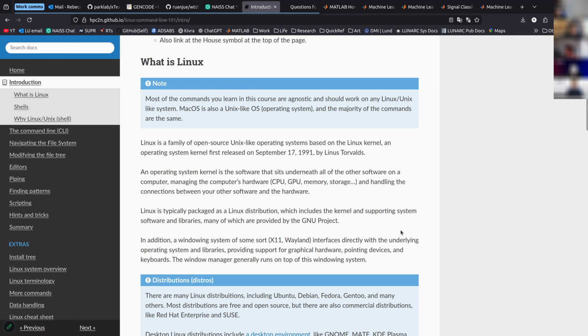Linux is typically packaged as a Linux distribution or distro. This includes a kernel and supporting system software and libraries. A lot of these are provided by the GNU project, which stands for, well, I know the first letter is G, but I forget the other two. I think it's GNU's Not Unix. Anyway,